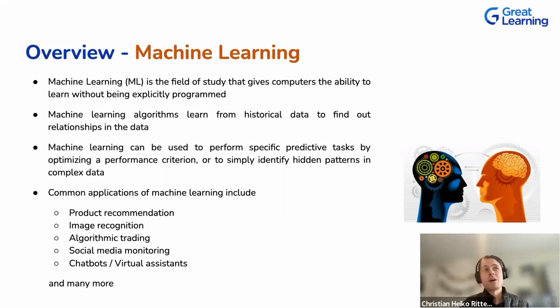You might have heard about the autonomous cars. Those are based on computer vision algorithms, which are able to recognize objects and do that through various sensors. So machine learning oftentimes has a strong advantage when you have big data, a large amount of data with various signals from many different data sources and sensors, which help you to get good performance on your task at hand. Algorithmic trading is another area, and then of course social media monitoring.